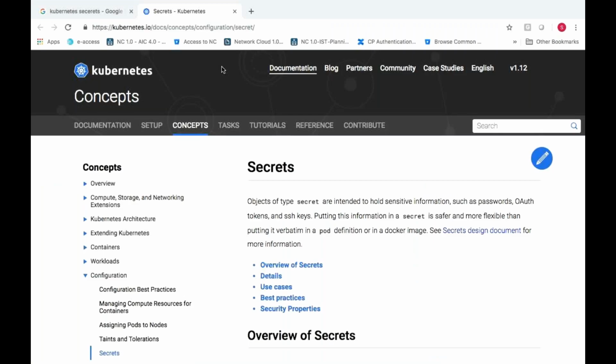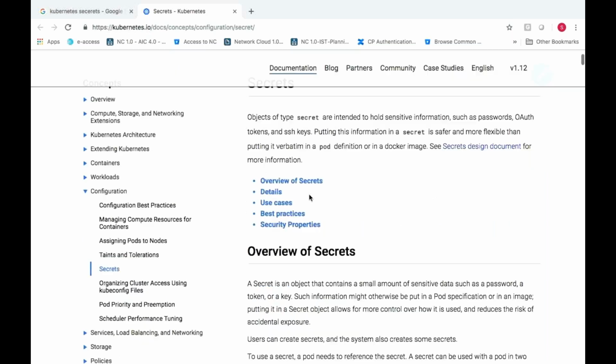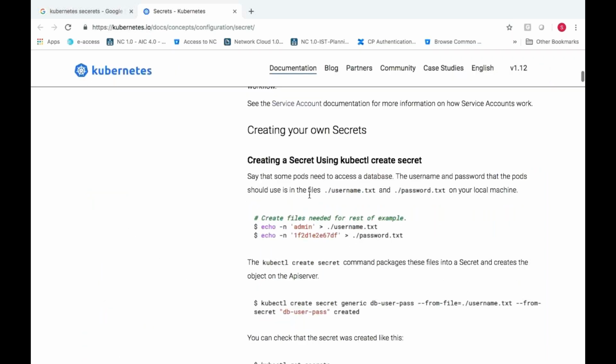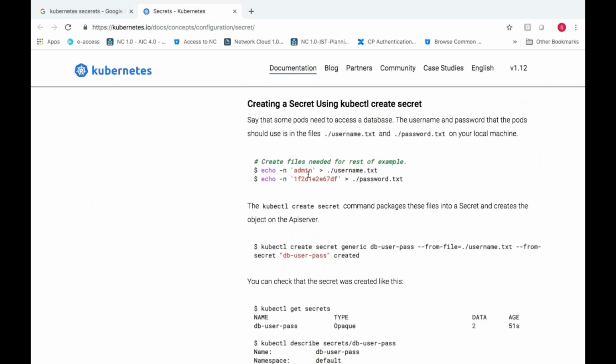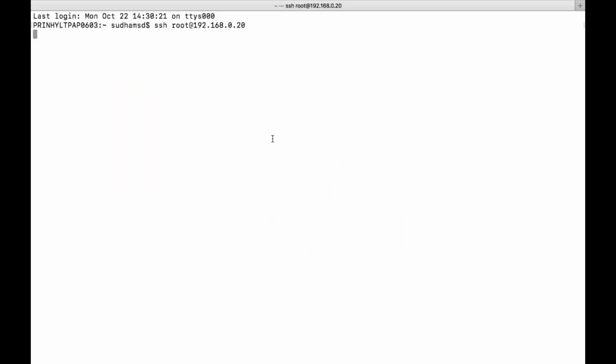So the secrets are like sensitive information which will be stored in order to protect your objects in Kubernetes. Okay. So here he is trying to do some experiment, like he is trying to store some information like admin username and password in some particular files. And he is trying to create a secret of this by using this particular file. Okay, so let us see. We'll go on from basic to the high end level.